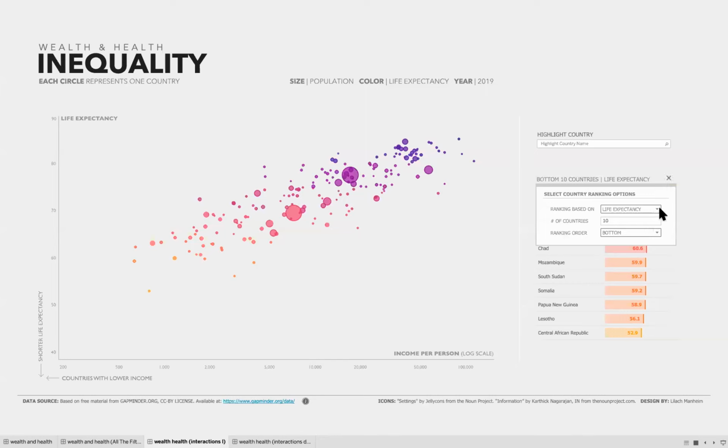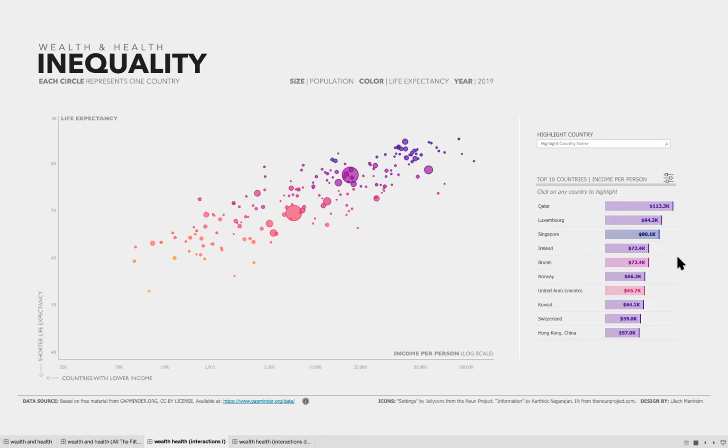By default, it's using life expectancy as the measure it's ranking by. We can also do income per person or population. And the second option is we can adjust the total number of countries to display. And we could also choose, in this case 10, if it's going to be the bottom 10 or the top 10.